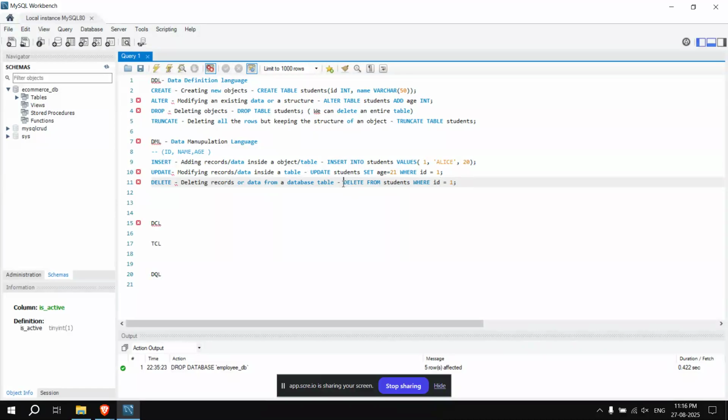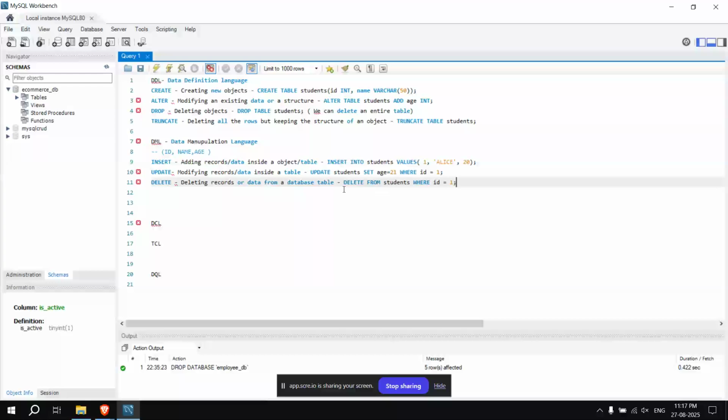We could have directly used their name as well. But suppose in the table there are thousands of records, and some people's first name is Alice. By using this delete command, all those records will be deleted. But we want to delete a specific user. That user should have a unique ID. That's why we use ID here.